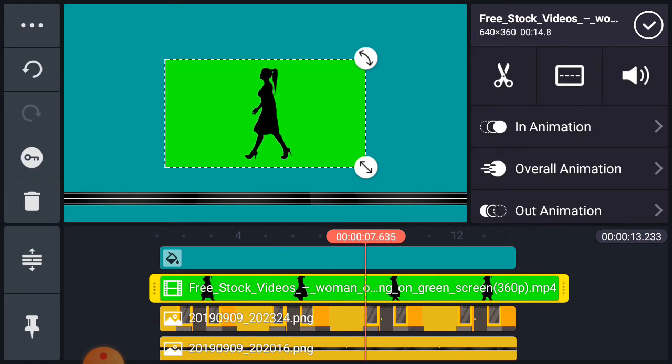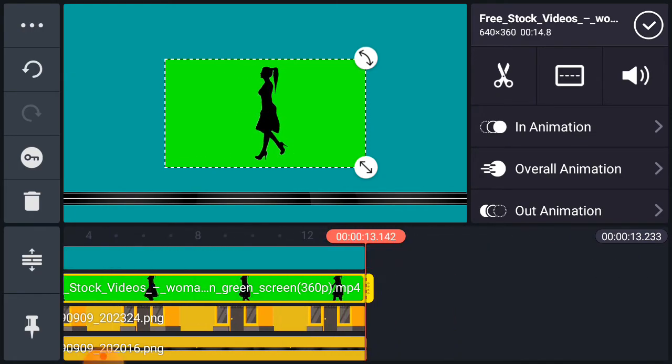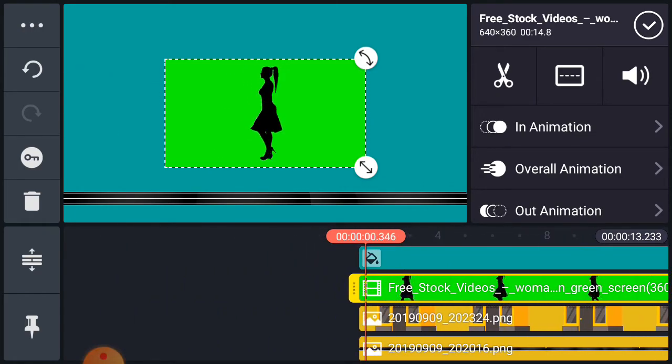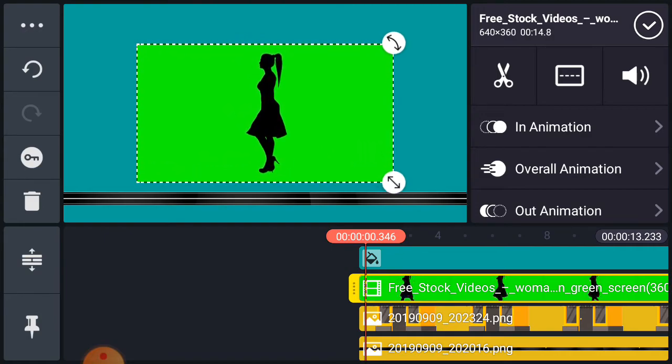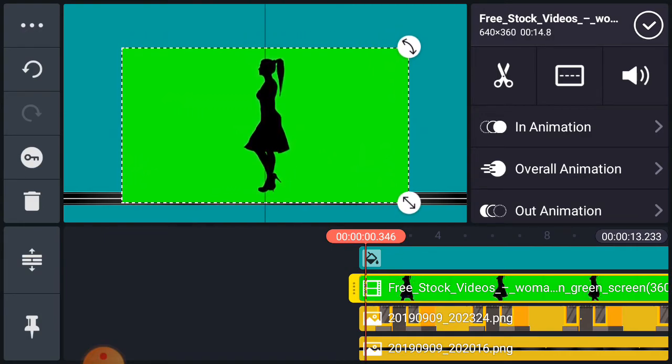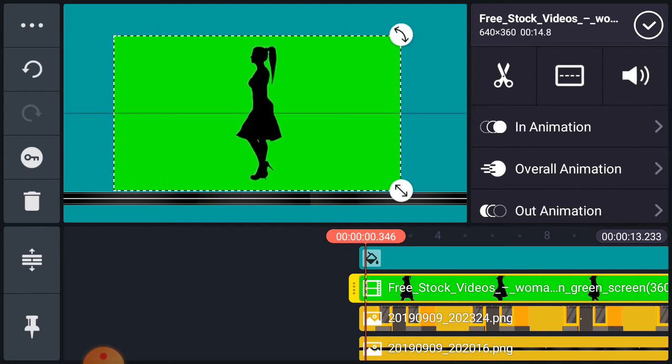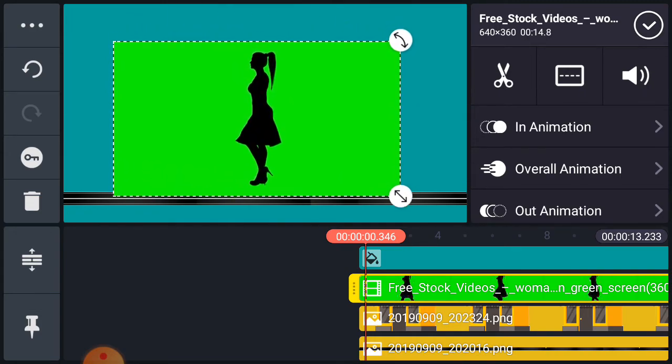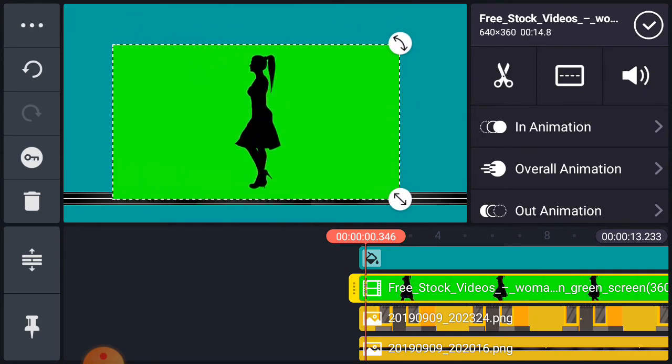I will bring her here, it should be the same. Yes, that's it. Now I have to bring her on this slide. You can fix it where it should be like this.